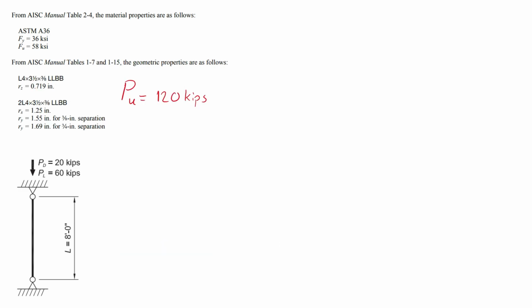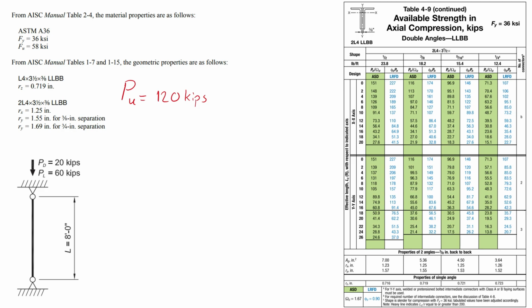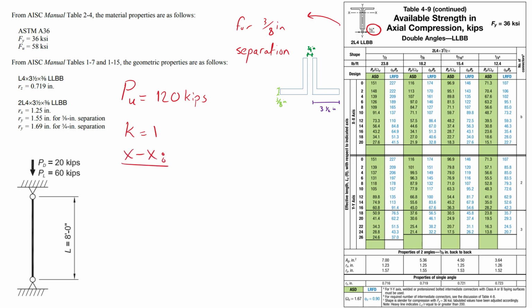We then refer to Table 4-9 to determine the compressive strength of the double angle section with respect to both axes of bending. Notice that this table is for a separation of 3/8 inches, while we have a separation of 3/4 inches. Because the ends are pinned, K is equal to 1. Let's start with bending about the x-axis. Here the effective length is 8 feet, and thus we can extract the compressive strength from the table as 127